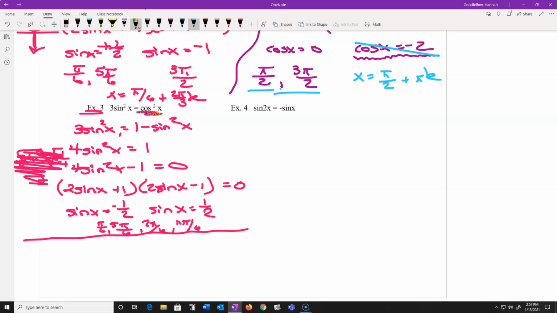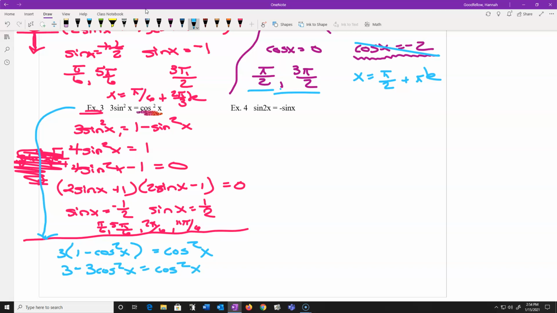You could just as easily on this one substitute for the sine squared and write it as 3 times 1 minus cosine squared x is equal to cosine squared x. And a little distribution would give us 3 minus 3 cosine squared x is equal to cosine squared x. A little subtraction again and solving, and we'd end up with,